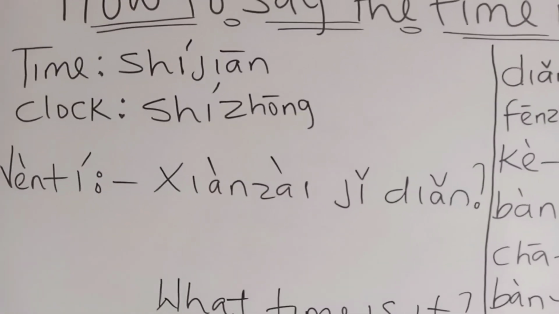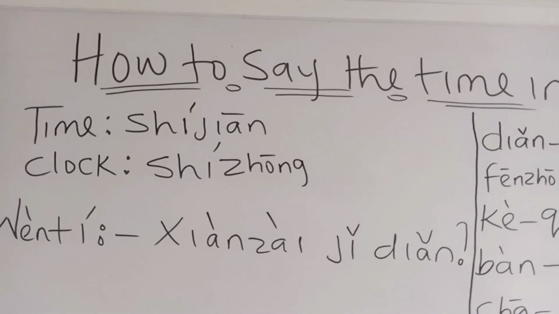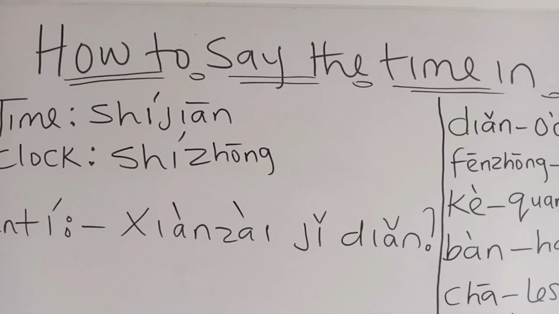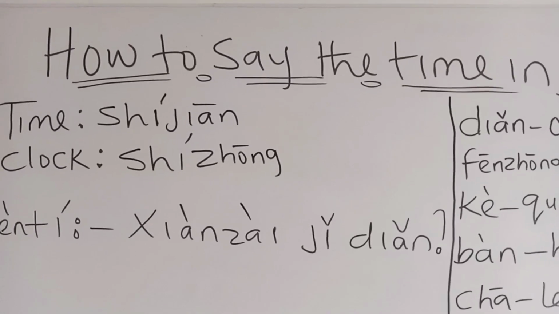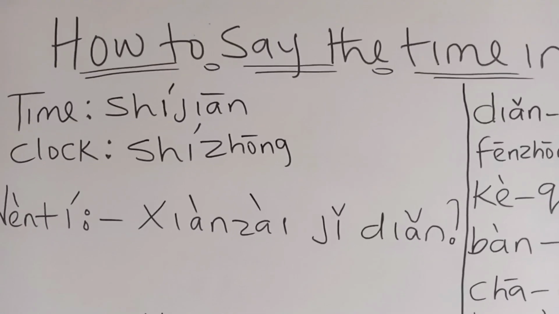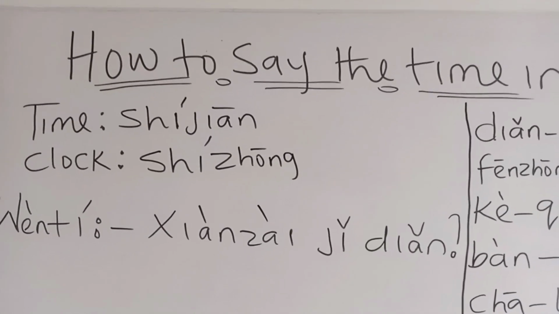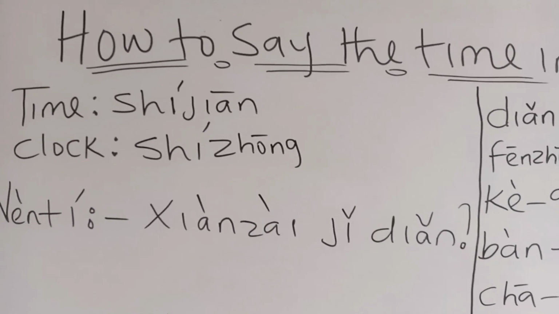If you want to tell time in Chinese, apart from knowing these words and how to use them, you also have to know 1 to 12. When we were doing Chinese numerals, I told us 2 ways of saying 2 in Chinese. I said there is R and there is liang. Now, when you are telling time, you don't use R. You use liang. That means 2 o'clock will not be R dian, but liang dian.